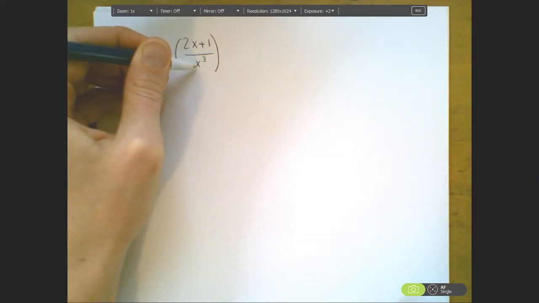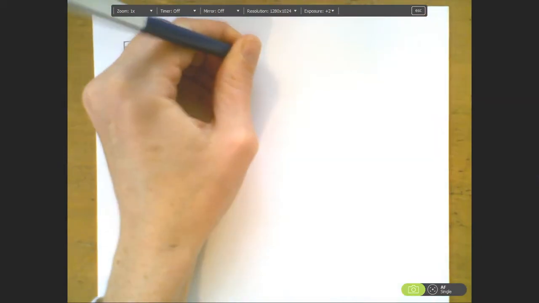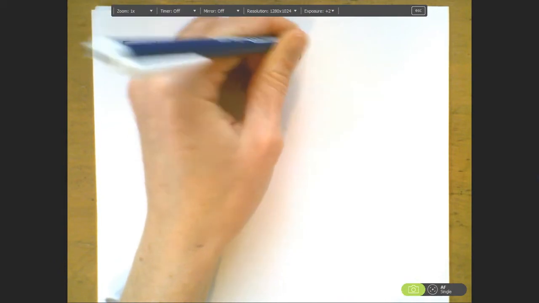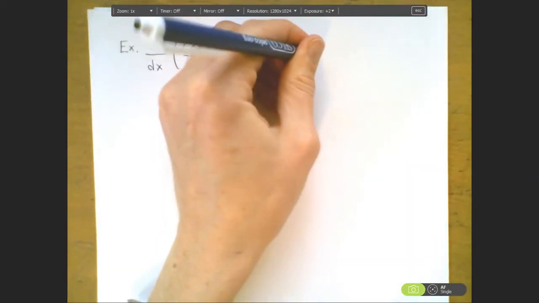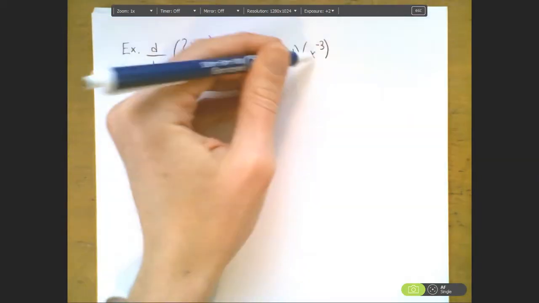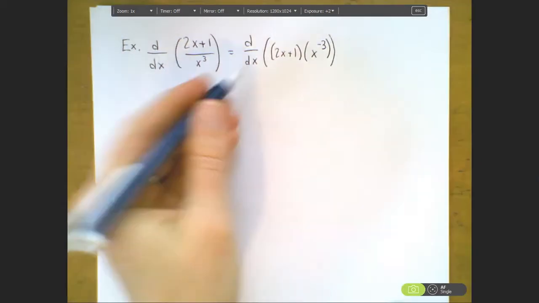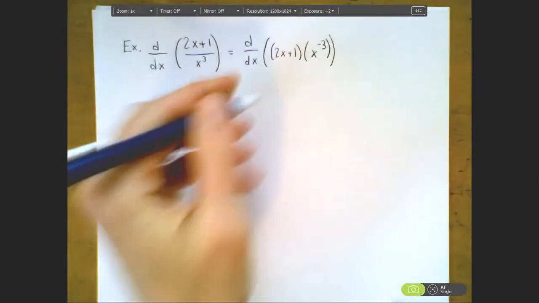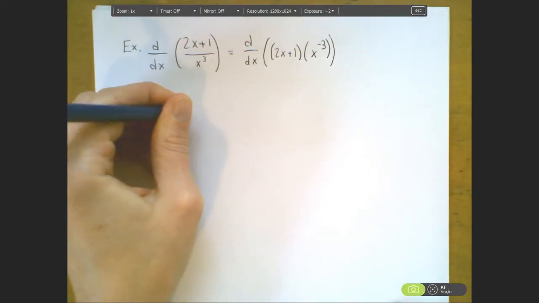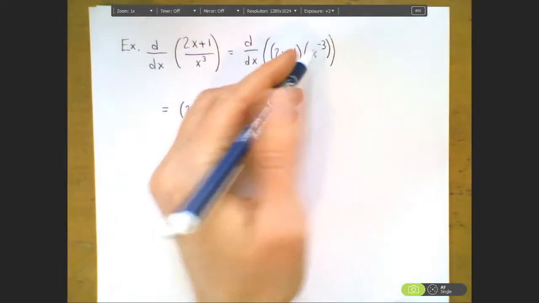Instead of writing it as x cubed, I'm going to rewrite this as d dx of the 2x plus 1 function times x to the negative 3. Taking 1 over x cubed can be written as x to the negative 3. And now I'm going to employ product rule. So what's product rule in this case? It's first times the derivative of the second. So again, my first function is 2x plus 1, and the derivative of my second function by power rule, I'm